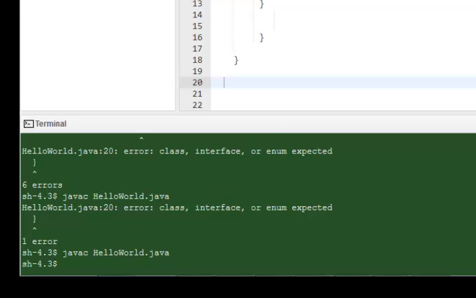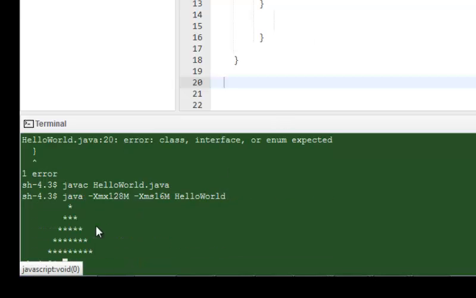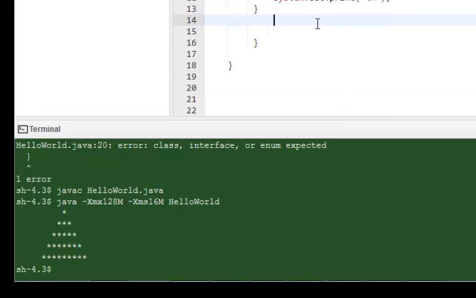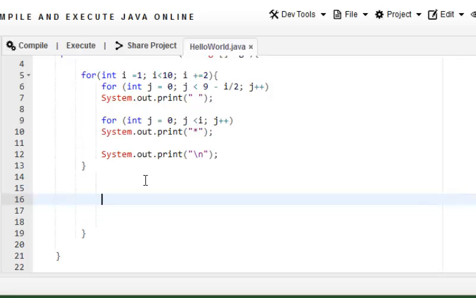Alright, we have no errors, so let's go ahead and execute the program. So there we have, that's the top portion of our diamond. Your challenge will be, yes, to do the bottom portion of it. So, but I'm going to help you out there, and in the interest of time, I'm just going to go ahead and